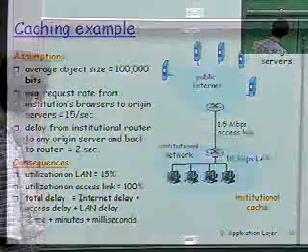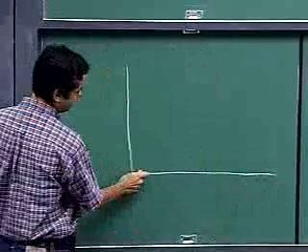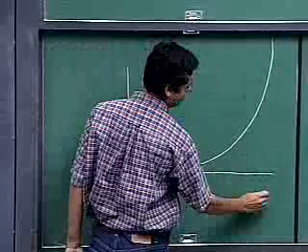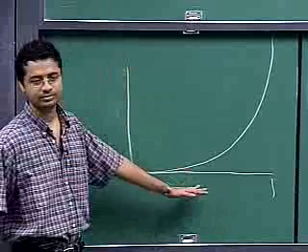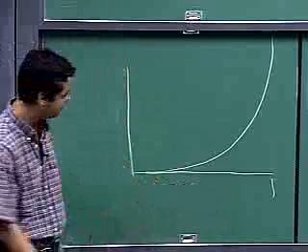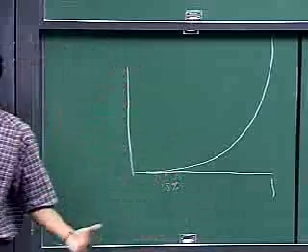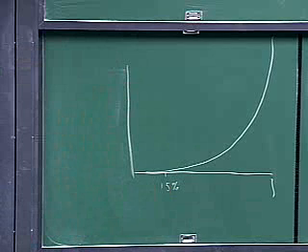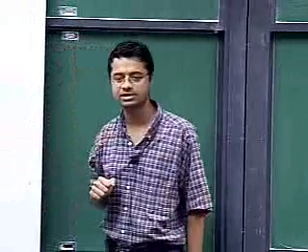So we have seen how delay and utilization are related. So the curve looks something like this. When utilization is 1, the delay is going to explode. When the utilization is low, the delay is going to be minimal. So 15% utilization would be somewhere here. So the delay experienced in this part of the network is going to be very low because the utilization here is low. The delay experienced on this part of the network, on the other hand, is going to be